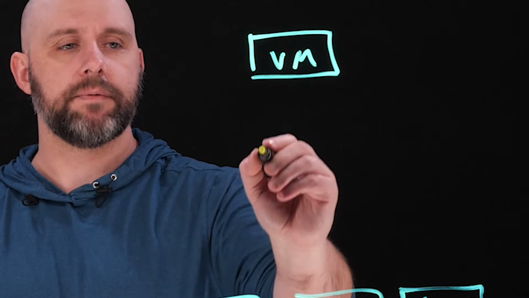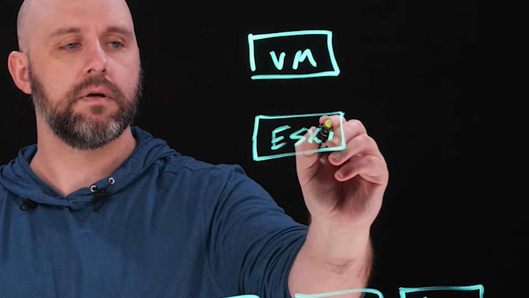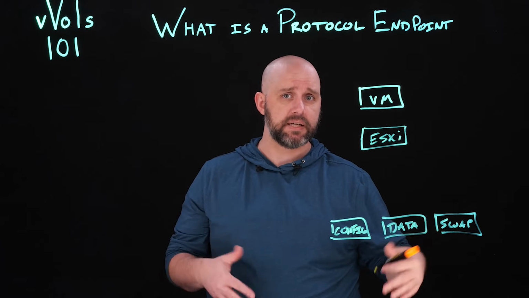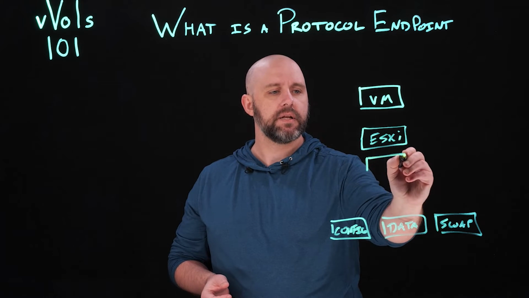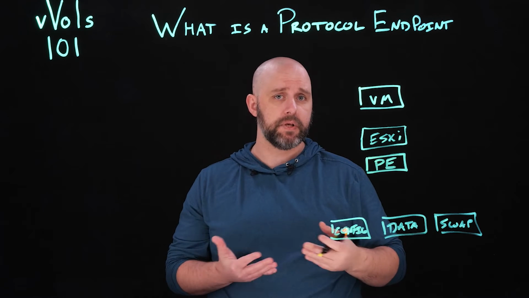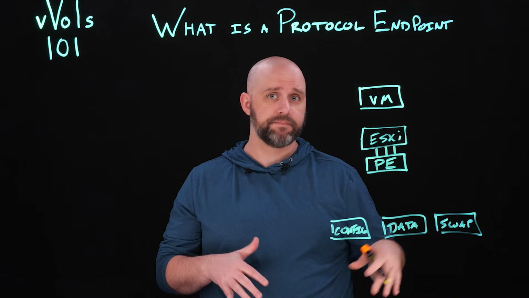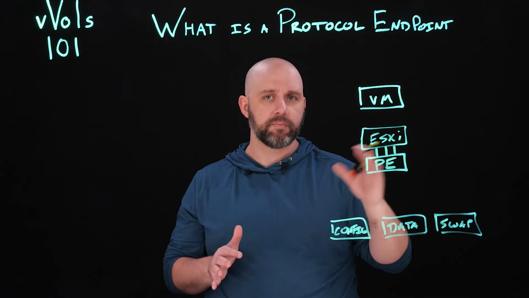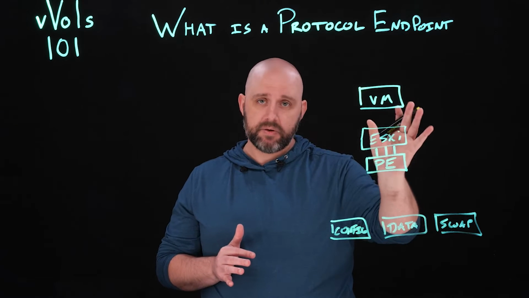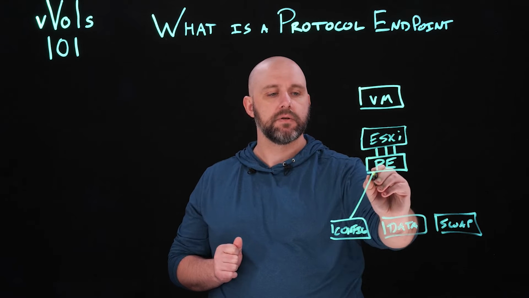So they incorporated the concept of a protocol endpoint. When you have an ESXi host, it needs to be able to connect to each of these volumes when this vVol VM is actually on it and powered on. And so rather than needing to connect to each volume individually, this host would be connected to that protocol endpoint, the PE. The pathing would be managed at that PE level. So you would set up your native multipathing on the protocol endpoint, and that's all you would need to worry about. Now all the multipathing would be inherited when these vVols are now connected or bound through the PE